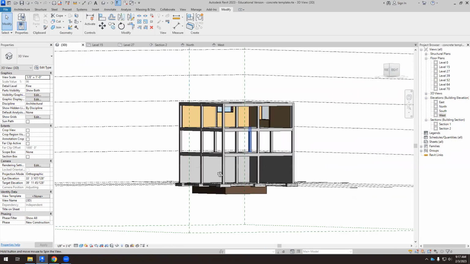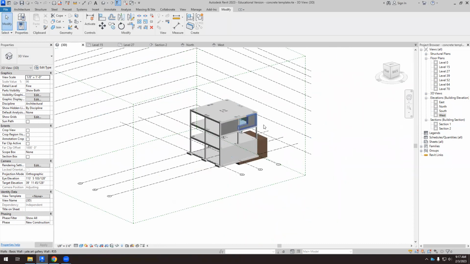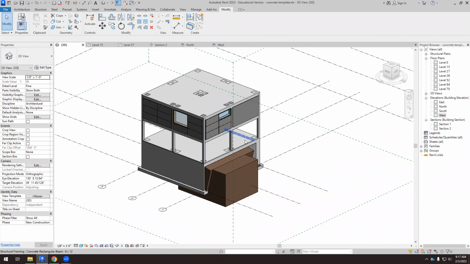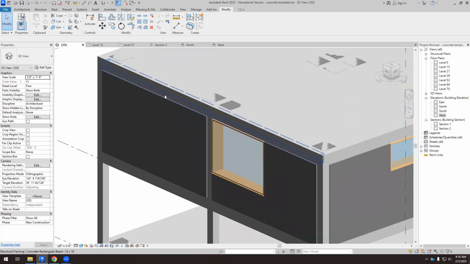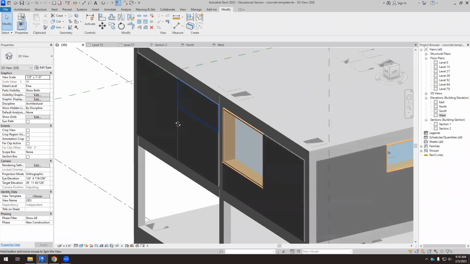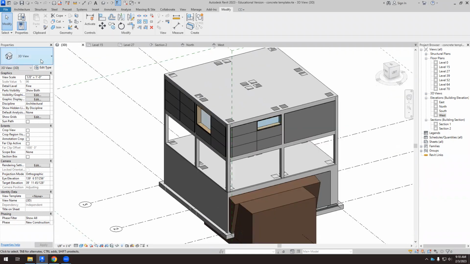Okay, so let's save the file. And basically, are we done with this? Let's add something else, okay? Because now the issue is, how do we